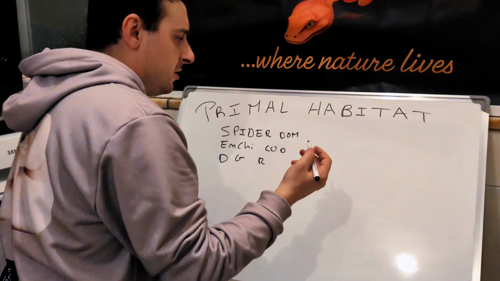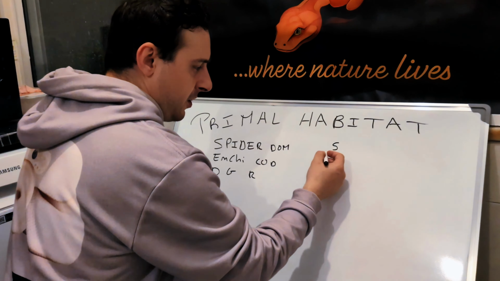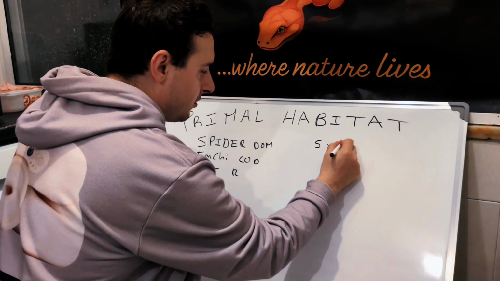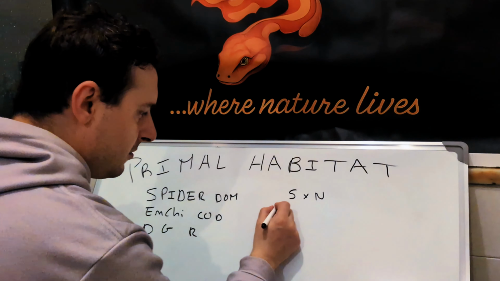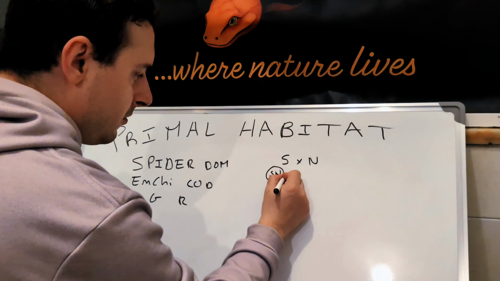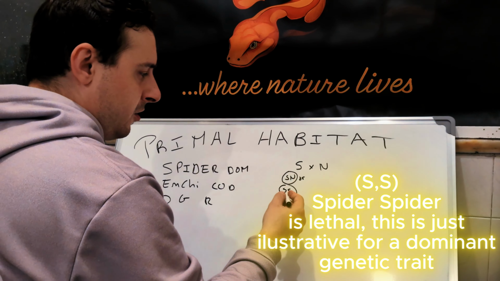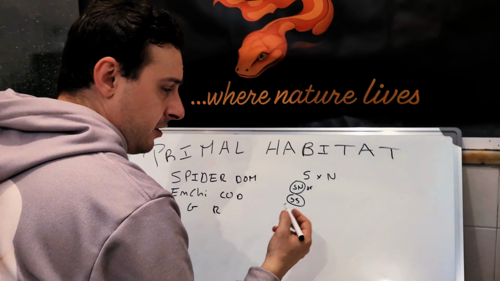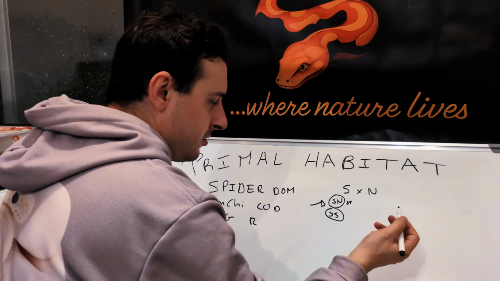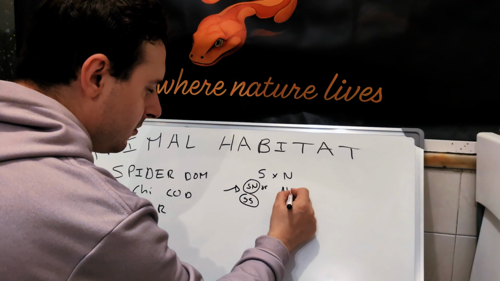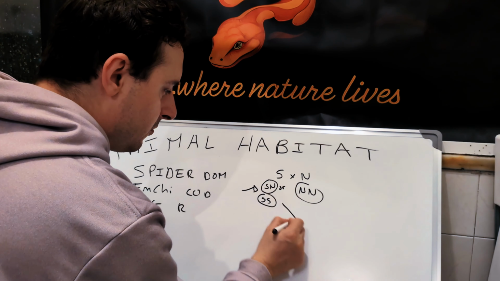So if I would breed a spider to a normal, I will name the spider S and the normal N. This snake could have in these genes SN, or SS if it was a homozygous spider. But as we don't know, let's assume it's a spider with SN, and the normal has NN. So when they breed, the possibilities would be